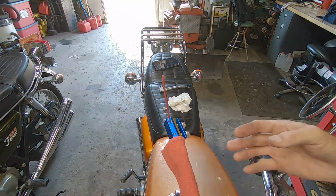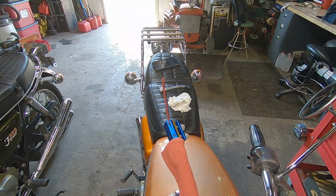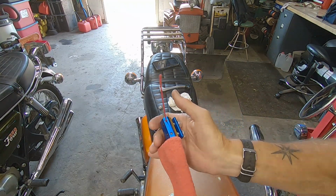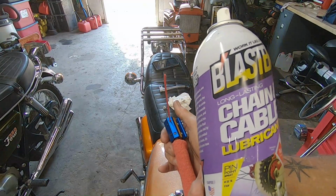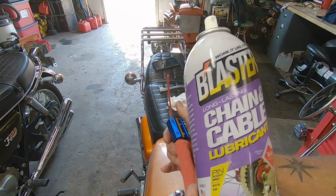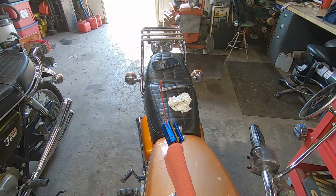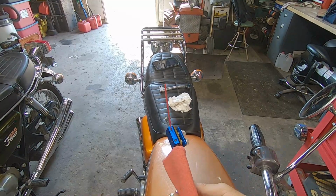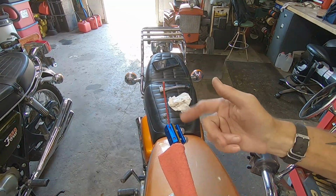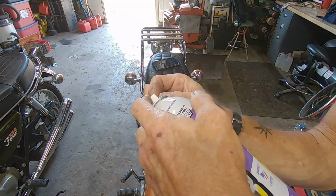And let me grab the, well, we're about out of view. I better get this can before it gets too far out of view. I'm using PB Blaster's chain and cable lubricant, long lasting. It's been my experience that it does not gum up, and I got as much of the gum out of there as I could, so we're just going to attach the hose